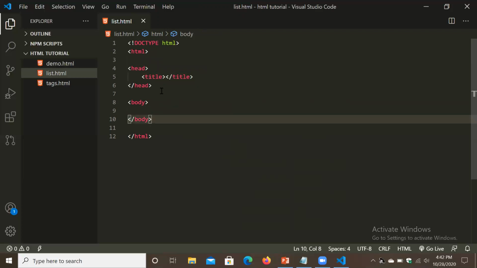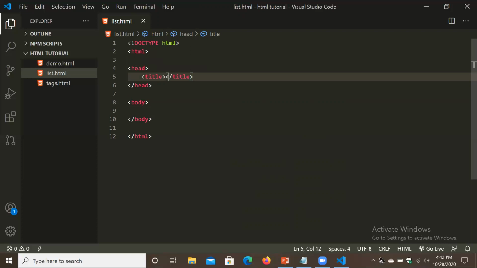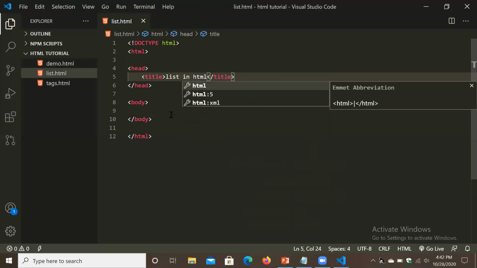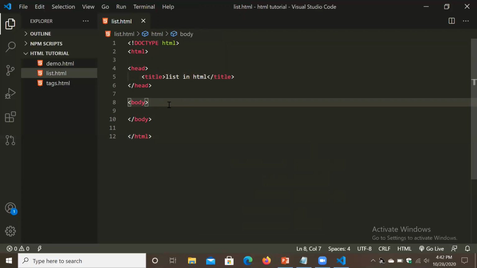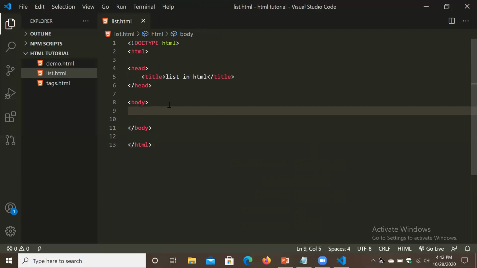Okay, now in title we will write list in HTML. Now in body, as I said, there are two types of list in HTML: ordered list and unordered list. So first we are going to see ordered list. For ordered list, we have to use one tag, the OL tag.